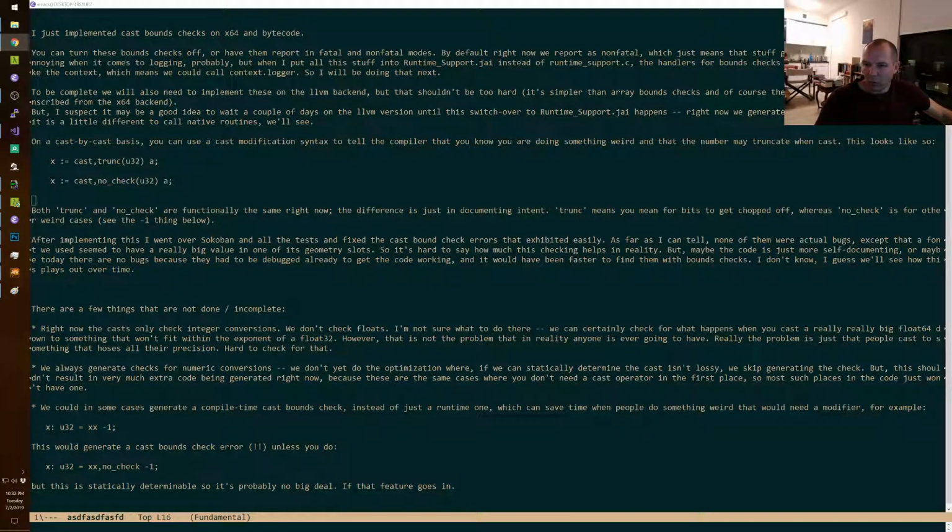Is XX no check -1 common enough that it deserves its own symbol keyword? Forgive me, the max value for whatever type is on the left. We actually already have that. I mean, it's not a keyword, but you could say max of whatever. We could have done that in those cases; I just kept the translation literal. Somebody wrote a max function. Ignacio wrote a max function that you could use for that if you wanted to.